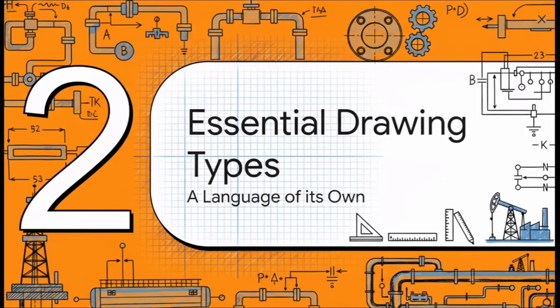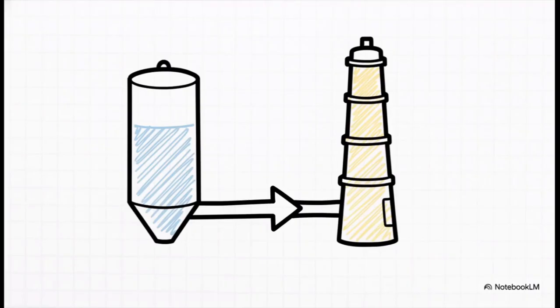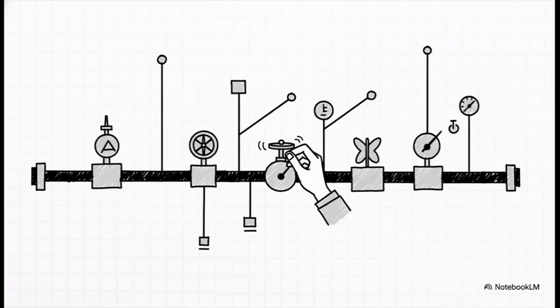So to speak this language, you have to know the different types of these drawings. First are the PFDs, or process flow diagrams, which are the top-level view showing the big picture journey of the material going through your plant. Next, we zoom in to the piping and instrumentation diagram. This is your street level view, detailing every single pipe, valve, sensor, and piece of equipment needed to control